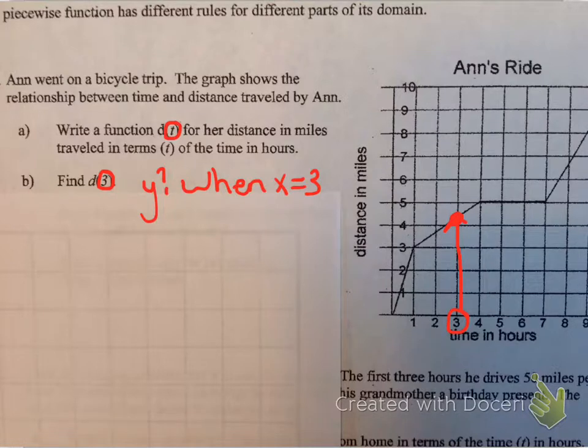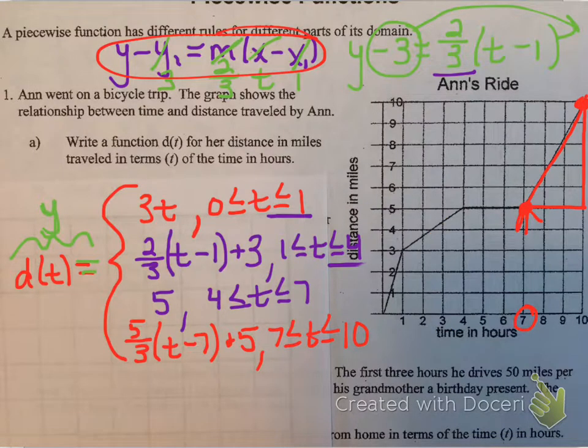That's not the case here. So what they're trying to make you figure out is, how am I going to calculate y? The way you're going to do it is you're going to take this x and plug it into the equation. But because this equation has 4 different pieces, you have to figure out which piece to use. So if I backtrack just a quick second, when time is 3, that puts me on the second piece